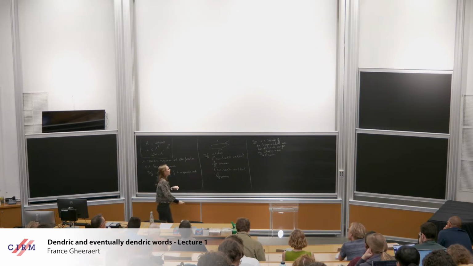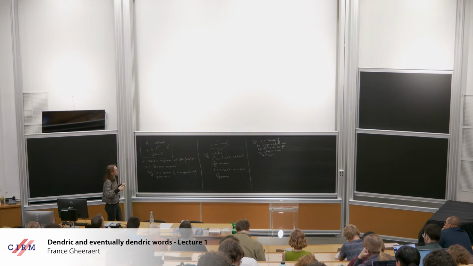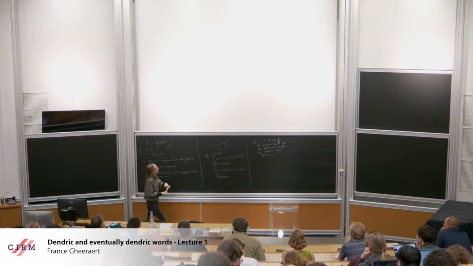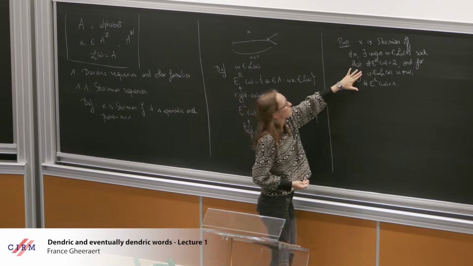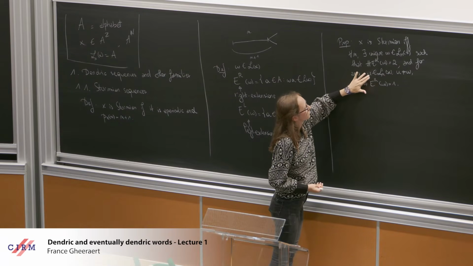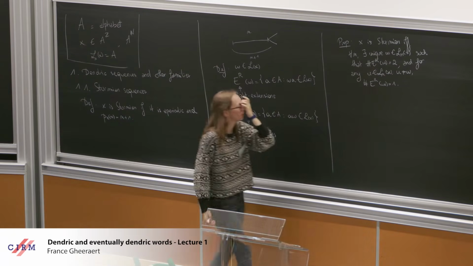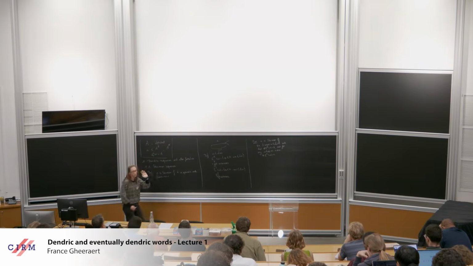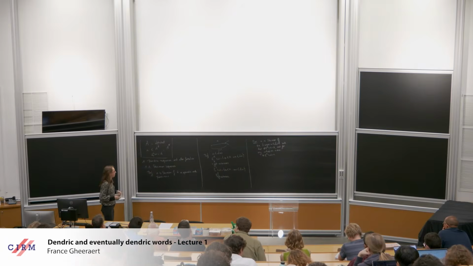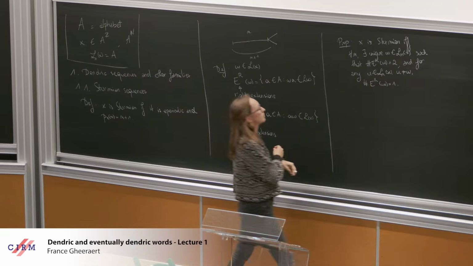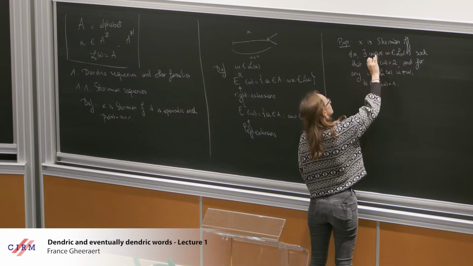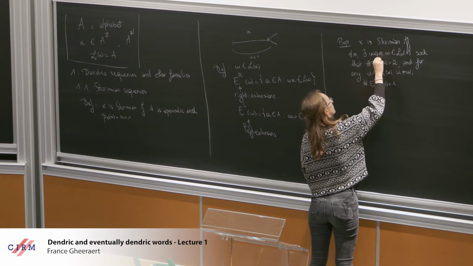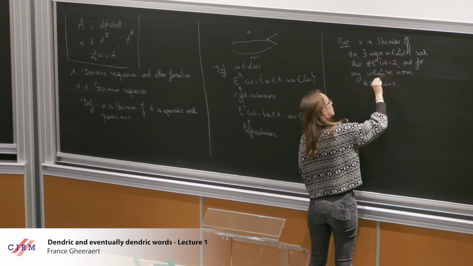Because the number of words needs to increase by 1 when you go from n to n plus 1, the only possibility is that you have one word that splits in two, has two different possibilities, and all the other words have a unique way of being extended. Okay, and same goes for the left. So here you can replace it by the number of left extensions.